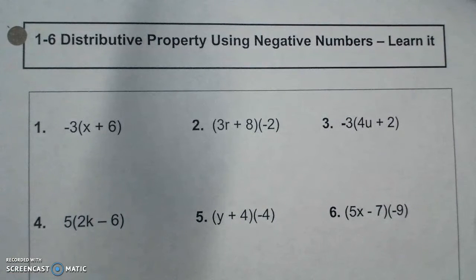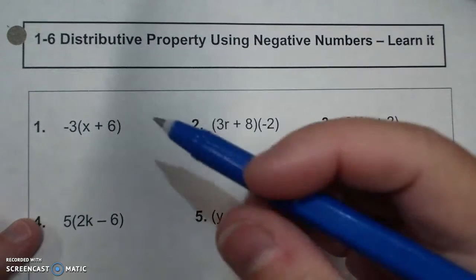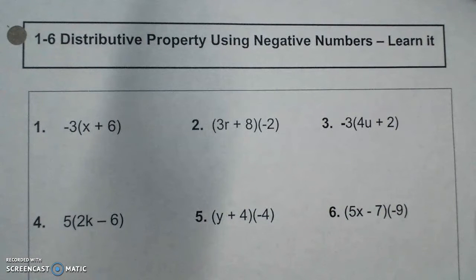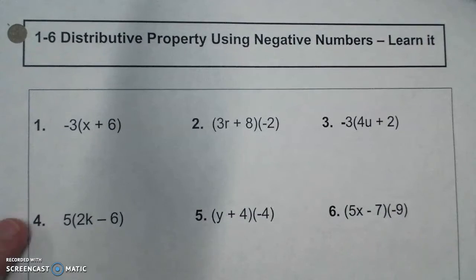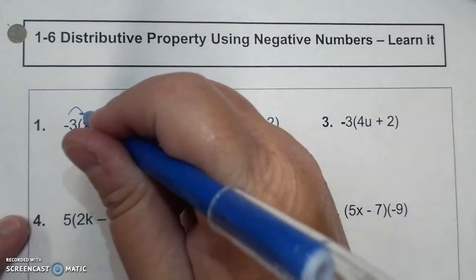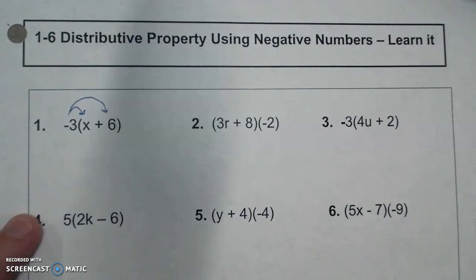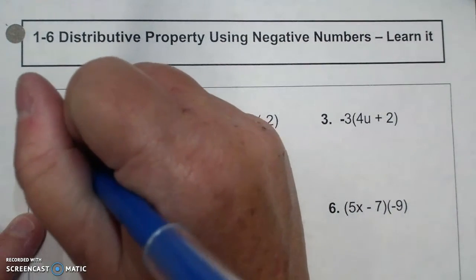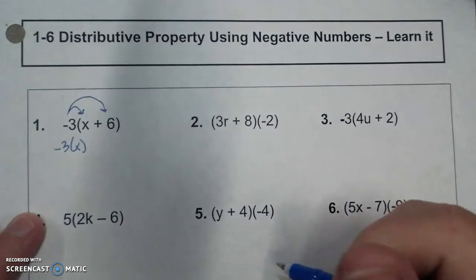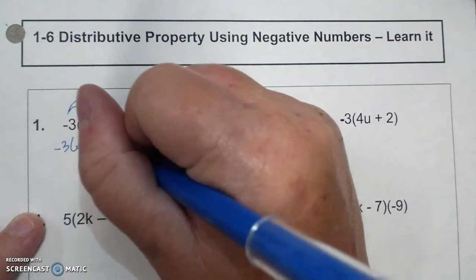This is 1-6, distributive property using a negative number. We've already done distributive property. This is being aware of a negative. So -3 is going to visit x, and -3 is going to be distributed to 6. So -3 is visiting x. I'm going to leave a space and go -3 is